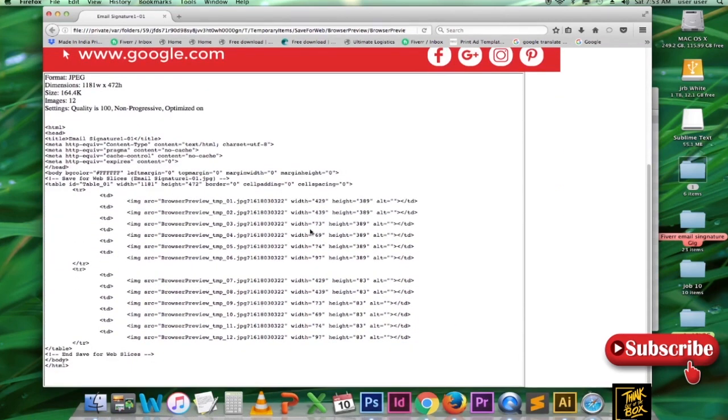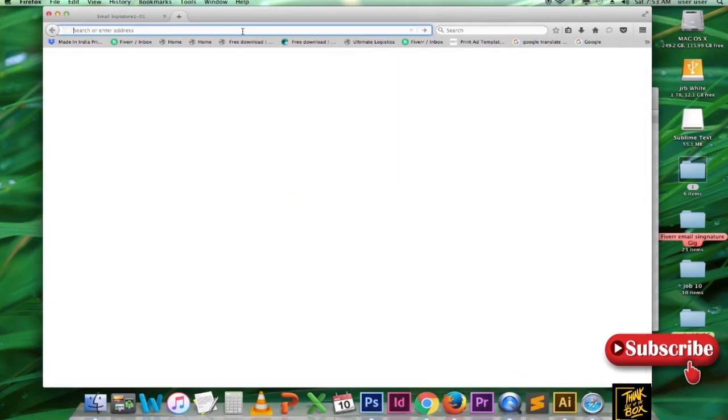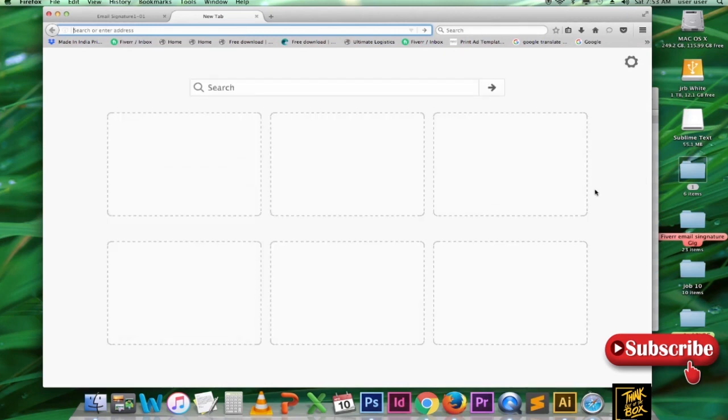Keep that aside, open a new window. You have to download Sublime Text software, which is free.